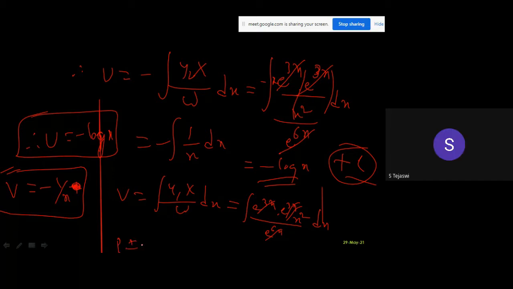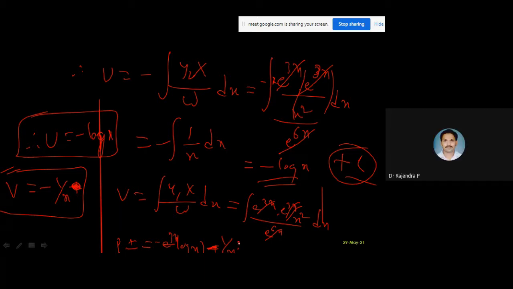PI: minus log x e to the power 3x. Okay, what is your minus log x, right? Here, that is u into e power 3x. So while writing your e power 3x, it is better to write it in front, okay? e power 3x minus of e power 3x into log x plus, next is what? v integral. What is v? This is minus 1 by x. Minus 1 by x into x e power 3x.